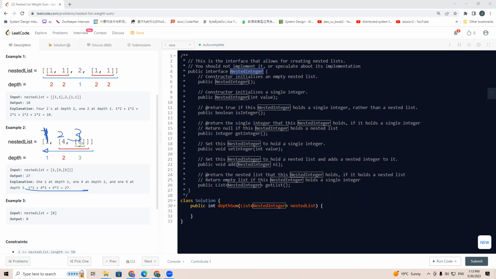So we know this kind of thing is pretty much like a tree, right? So let's say we can put 1 for this layer, the depth 1. For this layer, if it is an integer, we just add that to the result, and this one is a list, so it will go to the next layer,